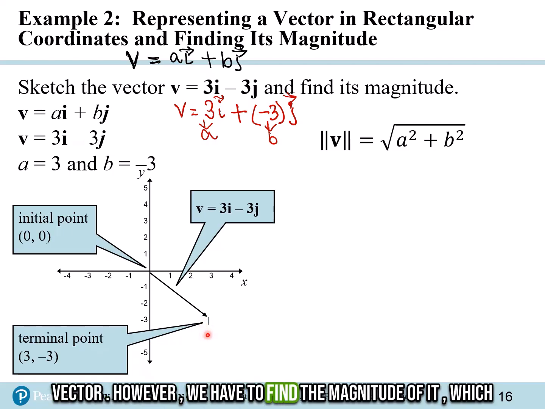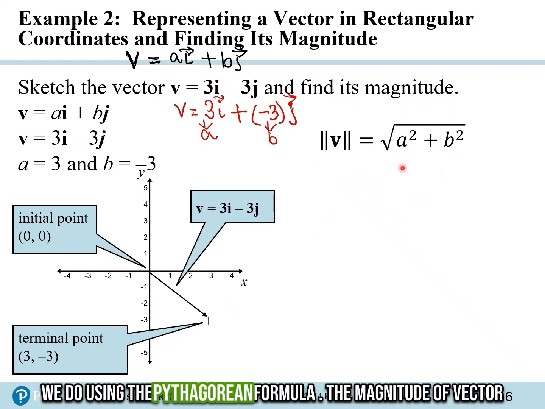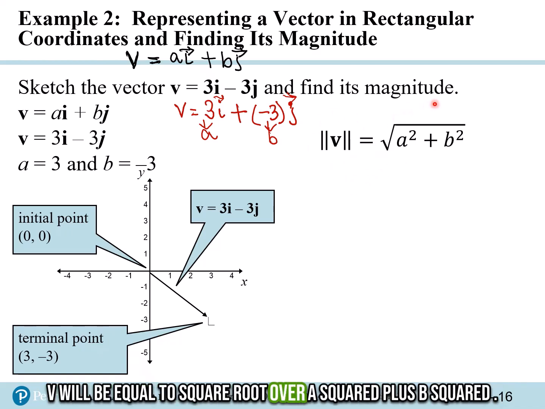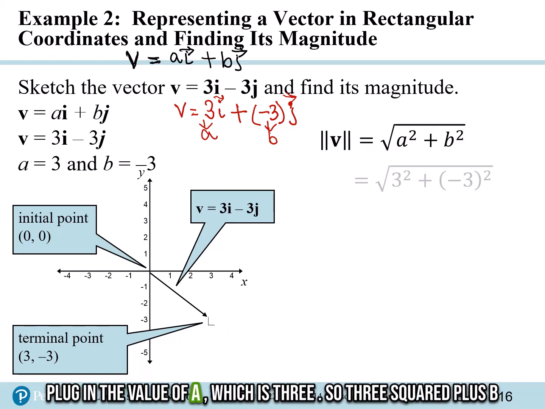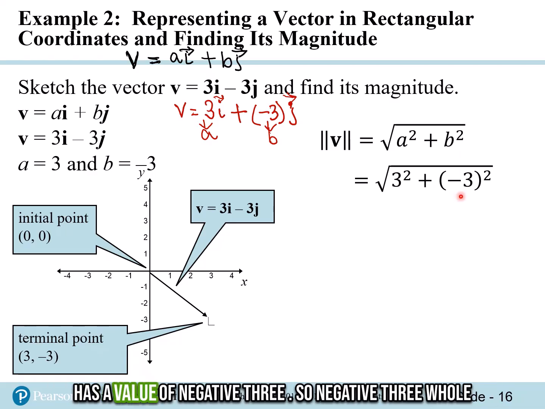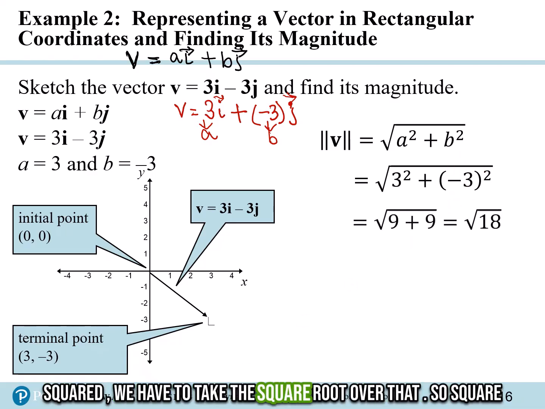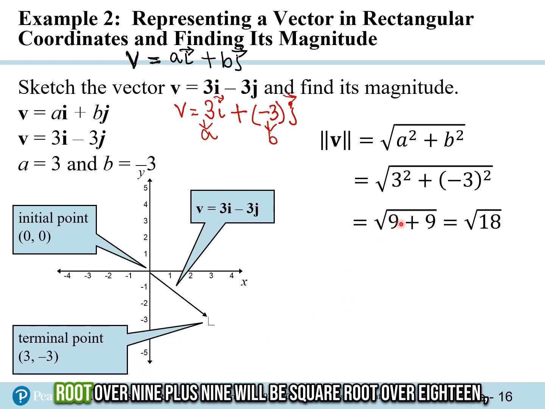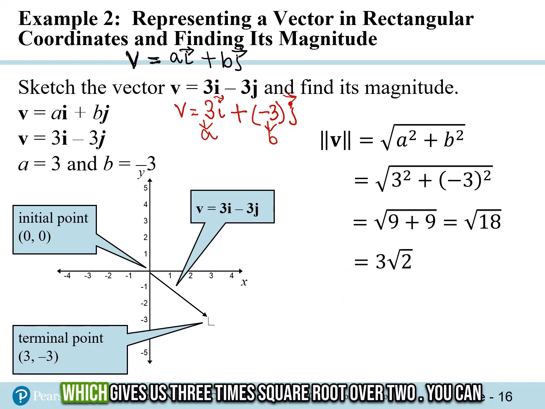However, we have to find the magnitude of it, which we do using the Pythagorean formula. The magnitude of vector v will be equal to the square root of a squared plus b squared. Plug in the value of a, which is 3. So 3 squared plus b, which has a value of negative 3, so negative 3 whole squared. We have to take the square root over that. So the square root of 9 plus 9 will be the square root of 18,